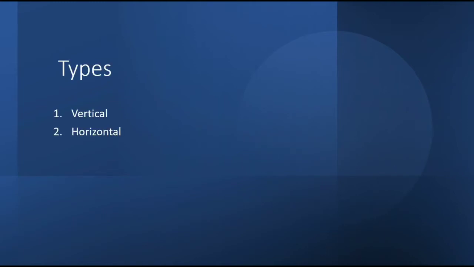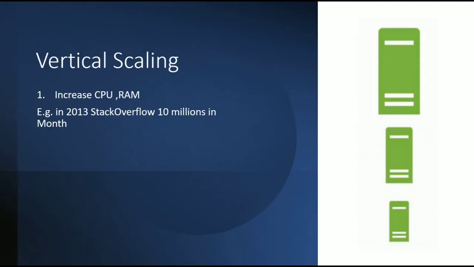So there are two types of database scaling. One is horizontal and the second is vertical. In vertical database scaling, we are increasing our CPU and RAM. If you see this image, you will see that first you have a small CPU and RAM,